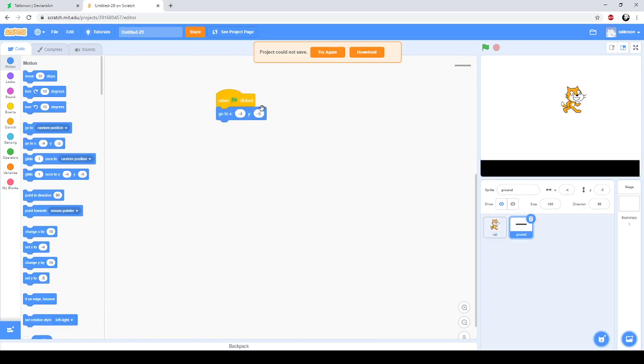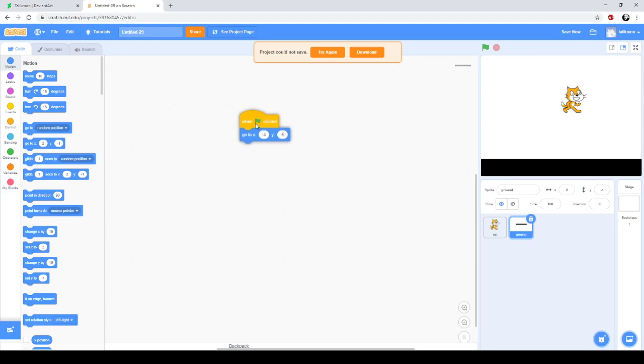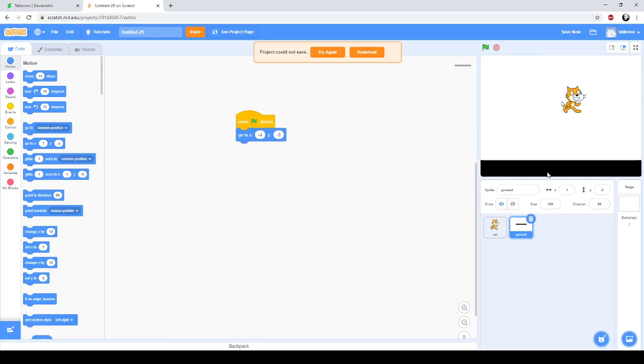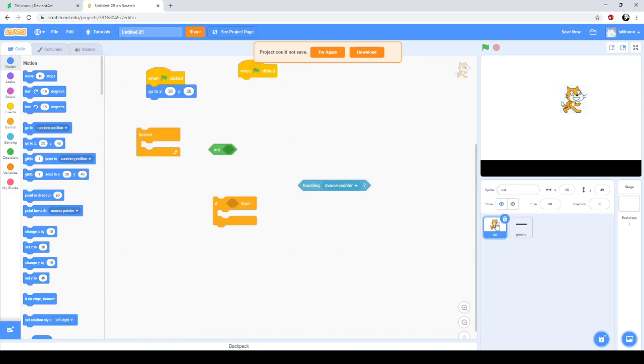So here you can see I've just built a simple black rectangle, not using landscape, but using the sprite paint option. And I've simply given the black rectangle one tiny bit of code, where to go at the start of a game, and that's at the bottom middle. Okay, so that's all he's got. And I've given him the name ground, which makes it easier to find when I link up with him using Scratch. So on Scratch's side, I've got a when clicked, I've got a forever command,